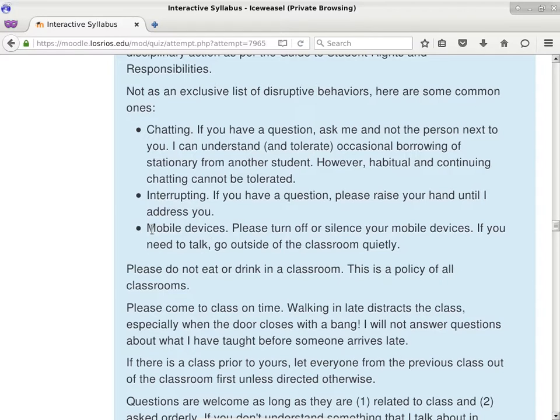Mobile devices, it happens to all of us, okay, including myself. So you just need to find a way to silence your phone during the class. Depending on which version of Android you have, I'm not sure about iOS, but the later versions of Android have a feature. If you go to settings and notifications, you can implement certain rules to automatically turn off the ringer, and you can coincide that with